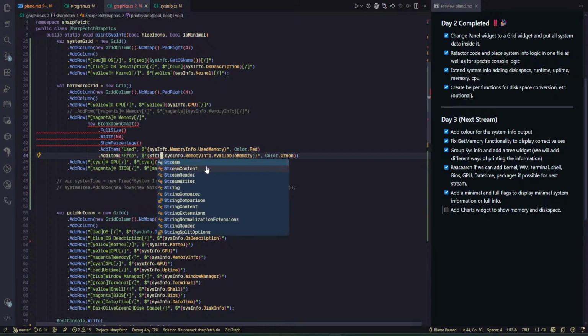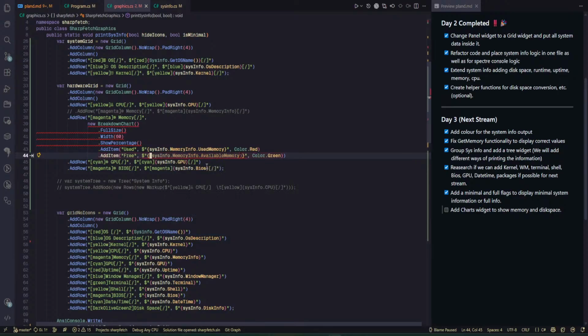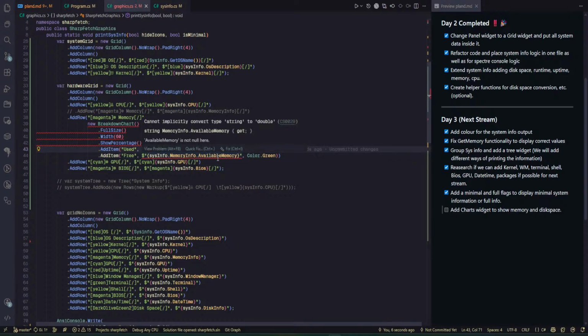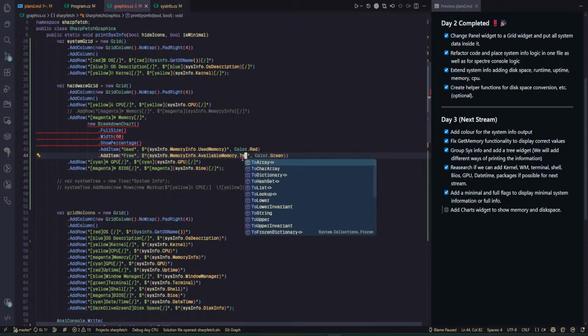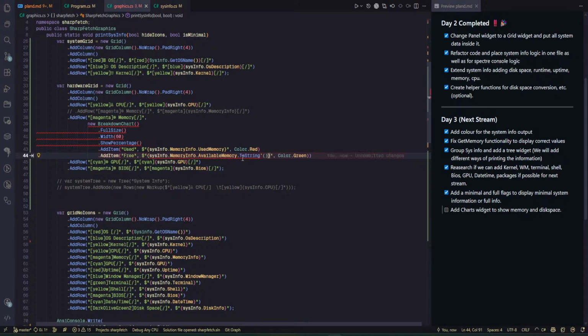The used memory, it's in the string. Okay, dot to